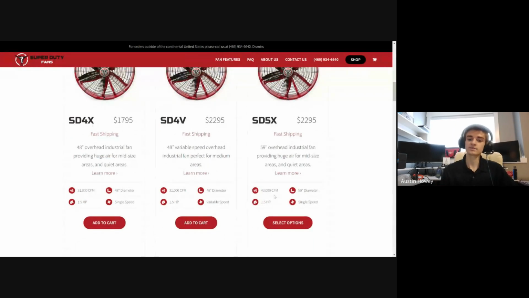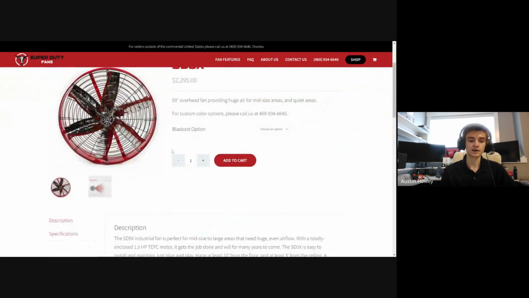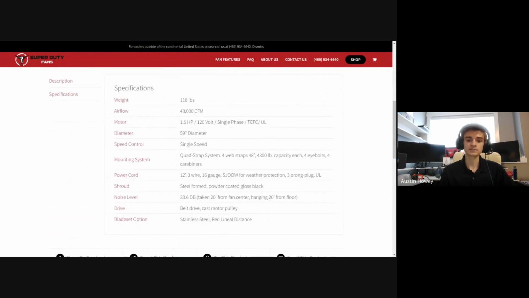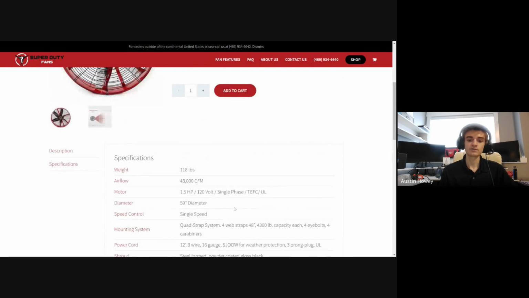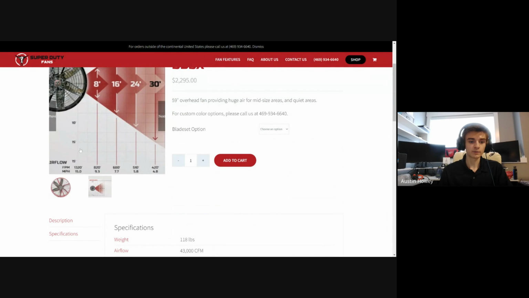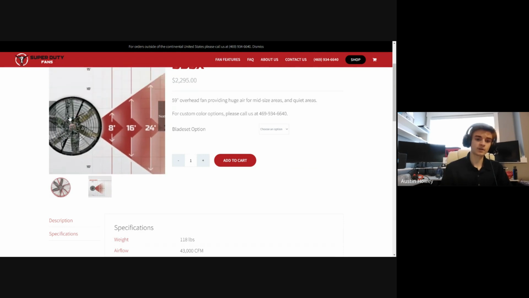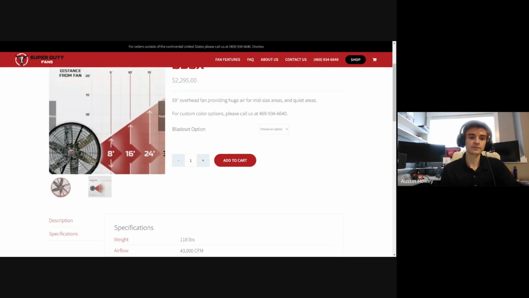So for example, this fan says 43,000 CFM. We're going to view this fan and dissect what it is actually going to be doing. These guys claim that this fan does 43,000 CFM, and it's using a TEFC 1.5 horsepower motor. Now, if I look at this guy's fan specs, I don't know if you guys can see that or not, but down here on the bottom right, you see how it says distance from the fan, right? So if I'm at 0 distance from the fan, this is the measurement he's taking on the